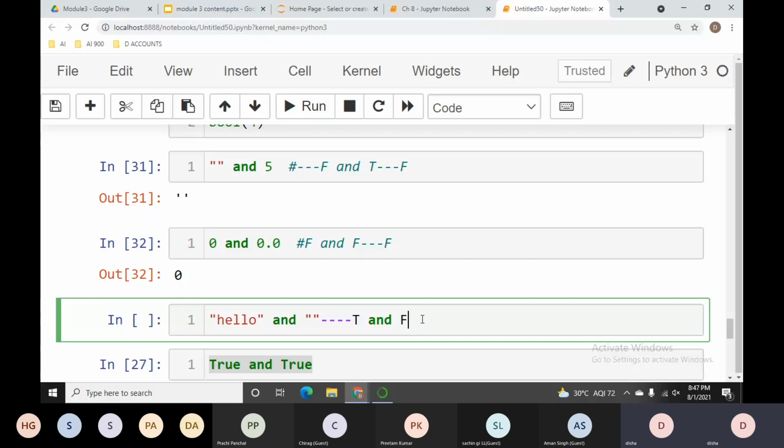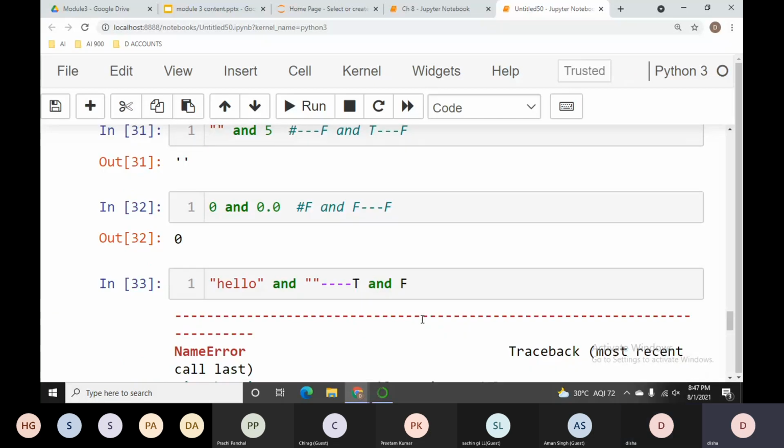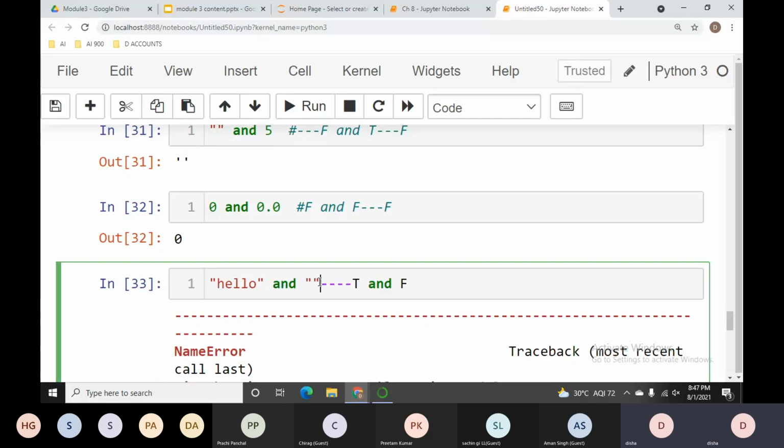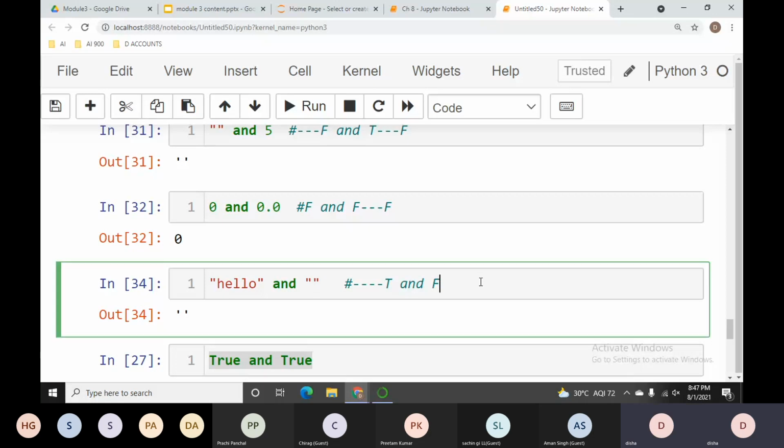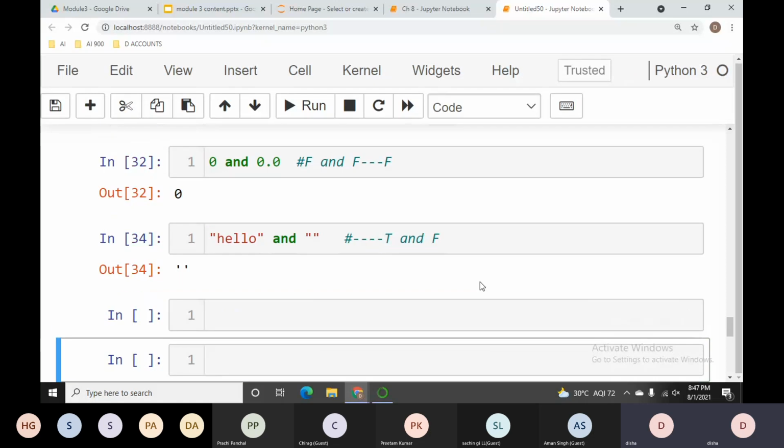And what is my second operand? Okay, let me stop this first. What I get on my screen, this empty string. I am not getting the result true and false. When I will get the result as true and false, let me keep some conditions.